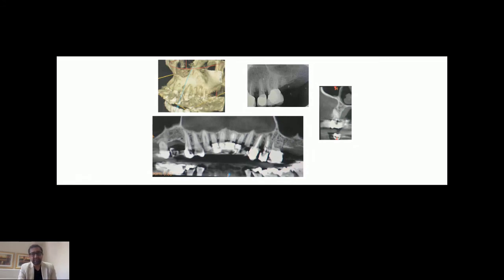We place the implant. The dentist needs to know the system. The dentist needs to know the software. The dentist needs to know how to play with it. That is very essential. The implant is planned. The guide is made. We use SMOP guide quite a lot for our patients. The guide is made,